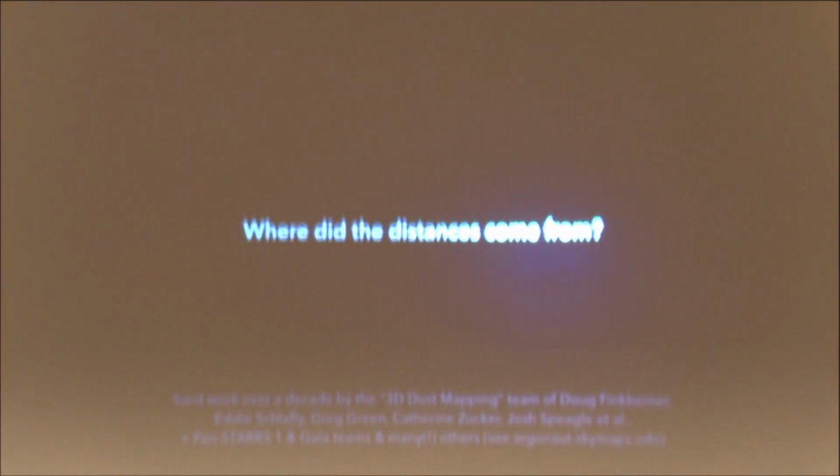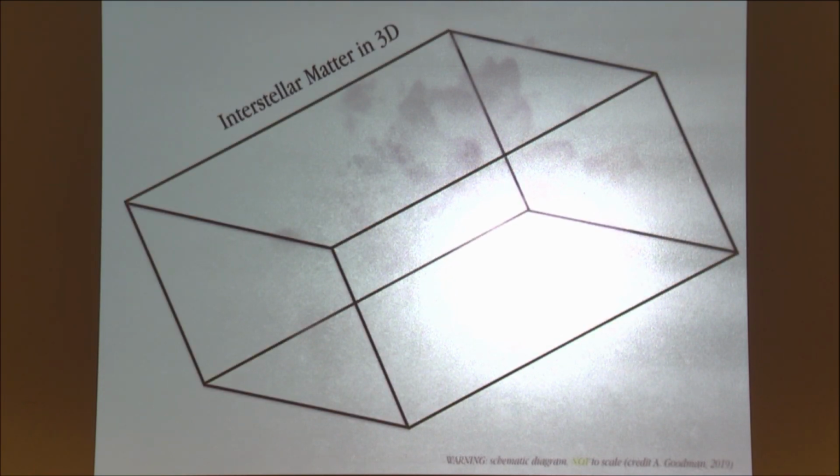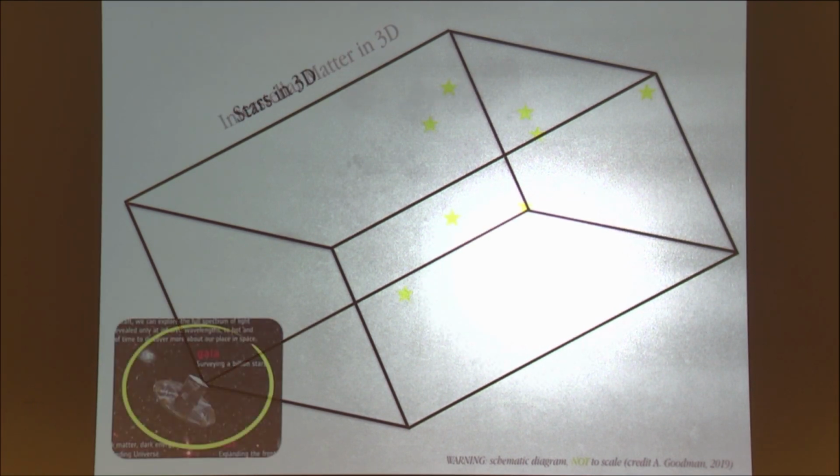The answer is a 10-year effort by Doug Finkbeiner's group and his many smart students and postdocs, and then the advent of Gaia DR2. But I will give you an answer, hopefully, that is more understandable than that. So here's some stuff. Okay, we're not going to say whether it's dust or gas. For the purposes right now, we'll just assume this is interstellar matter and that it's dust mixed with gas. And we're not going to talk about the differences between dust and gas for the moment. Okay? And so there's some 3D box around that stuff.